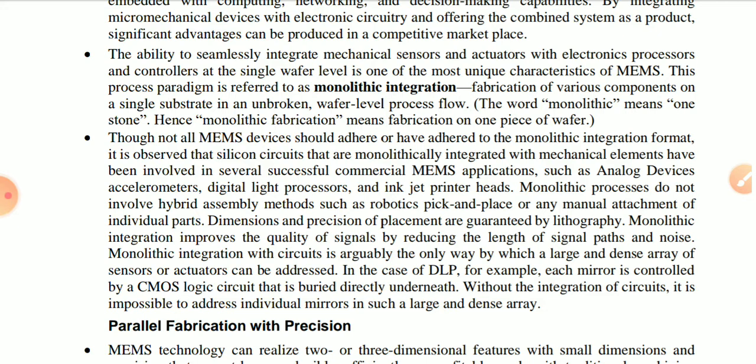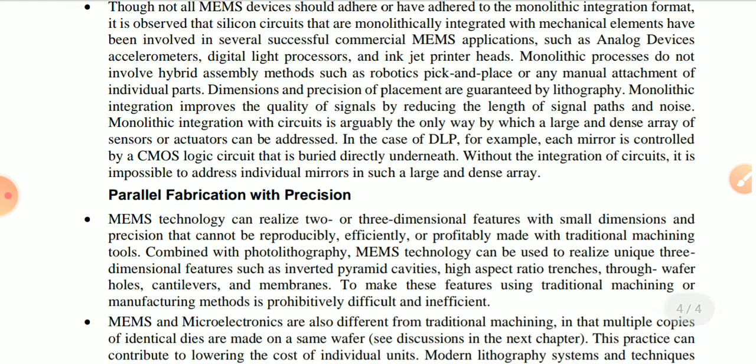And the last is parallel fabrication with precision, also called multiplicity. Multiplicity is basically the multiple functions being made in a system. If you want a large machine or large task, you have to have small micro machining elements, and these micro machines are coupled and integrated together to get the best performance on a single chip. That is multiplicity, and that is parallel fabrication with precision.